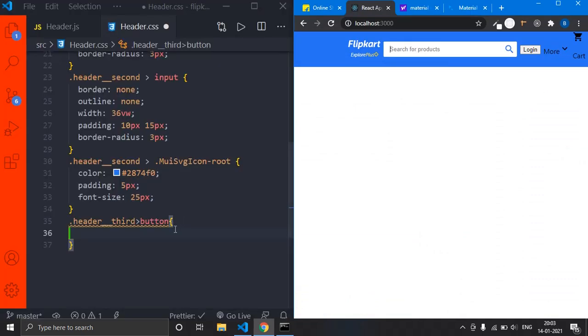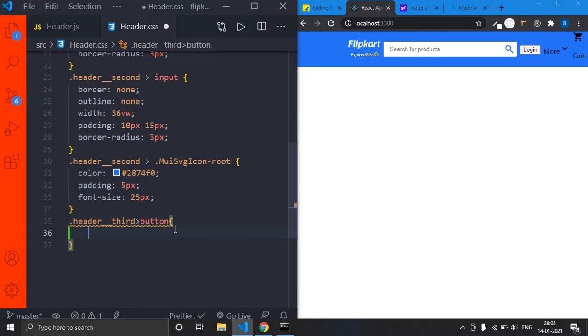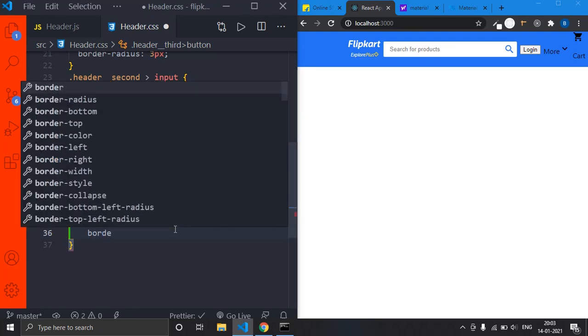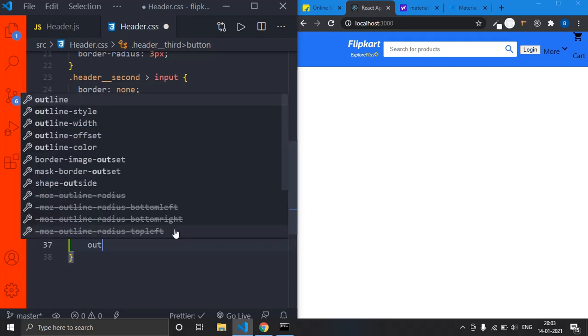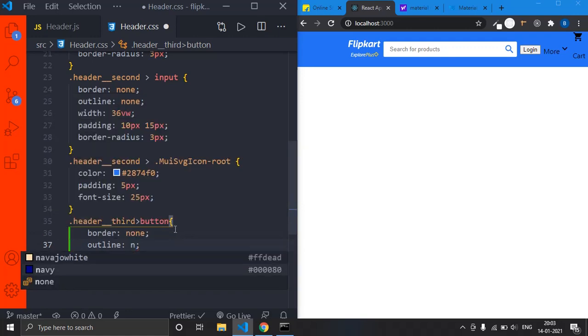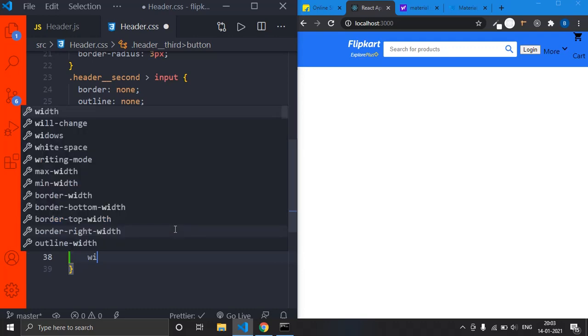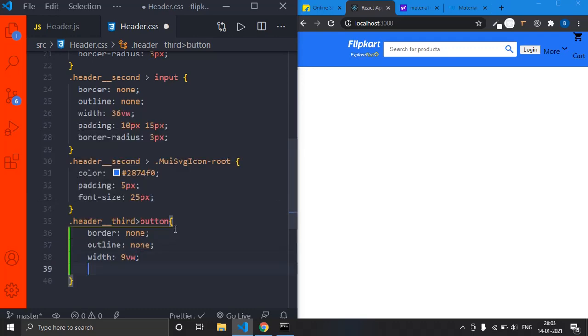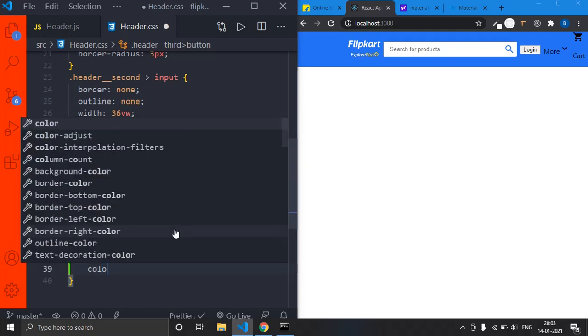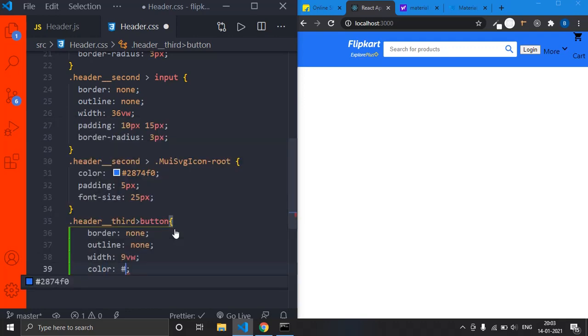So what I'll do is I'll just type somewhat fast. We will have a border for the button. I'll just make it none, and we will also have an outline. I don't want that outline as well, so I'll make that none also. And I just want to give the width as 9 view width, and the color of the text is Flipkart blue, right?